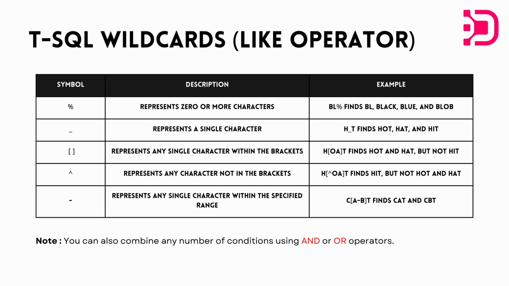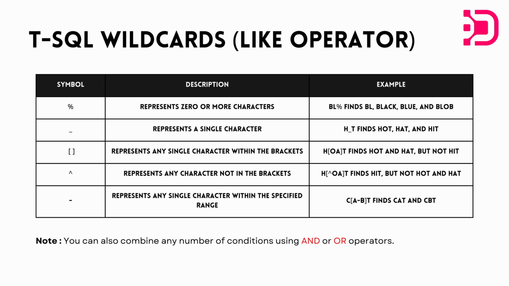If you've got an underscore, what that does is it can be any character, but only one of those. If there's one underscore, that means there should be one character in its place. It can be any character. So if you do h underscore t, any word that starts with an h, has another letter, and then ends with a t,